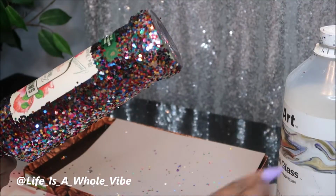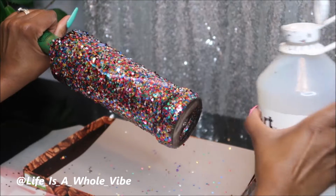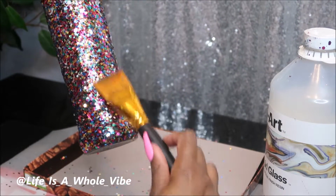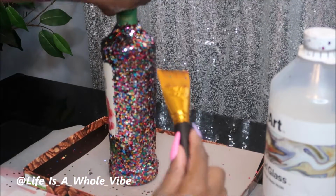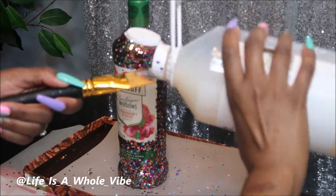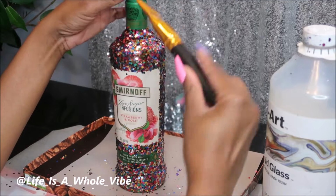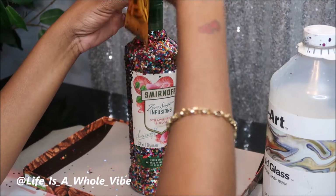So now that this bottle has fully dried, and I just did the 1 coat because as you can see, this chunky glitter has a very, very nice coverage. So I just poured on the liquid glass and I'm just kind of smoothing it down. It kind of just runs down the bottle, and I just take my brush and just smooth it right on down. Make sure that when you use your brush and you're finished smoothing this on the whole bottle,